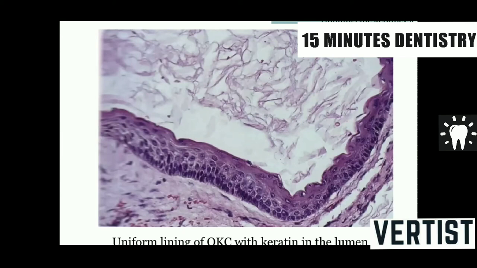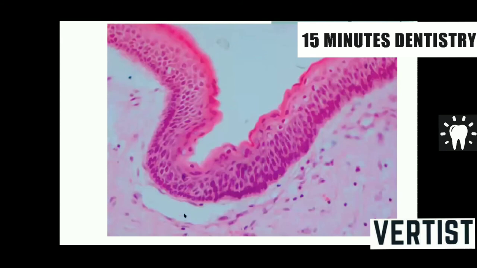The surface is covered with parakeratin and it is corrugated. This is another feature, corrugated keratin. The lumen of the cyst is filled with keratin. This is another photograph where epithelium is seen separating from the connective tissue because there are no rete pegs, and this is another reason why the cyst is recurrent in nature, because it easily separates from the underlying connective tissue. That's why the epithelium becomes friable and sometimes remains in the jaw bones after enucleation of the cyst, and then there is recurrence of the cyst.